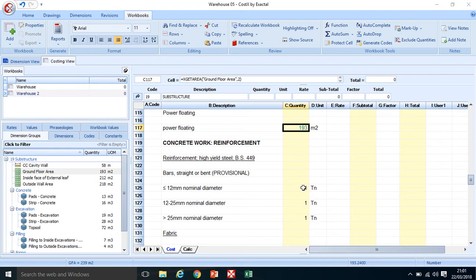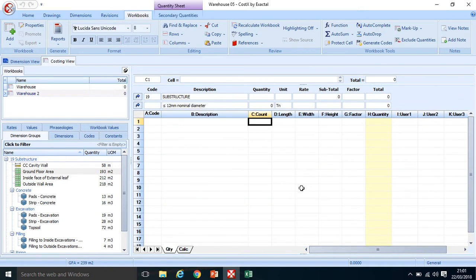With the reinforcement, what I'm going to do is I'm going to measure one of these. Again, if you can remember from class, we measured the tonnage of steel in our concrete in terms of reinforcement for concrete foundations, and we divide it by those 3 categories because we don't have a reinforcement schedule. We don't know exactly what reinforcement it is in there, so we're going by a kind of a rule of thumb. Now, to calculate this, I'm going to double click into my quantity, and I'm going to take my volume